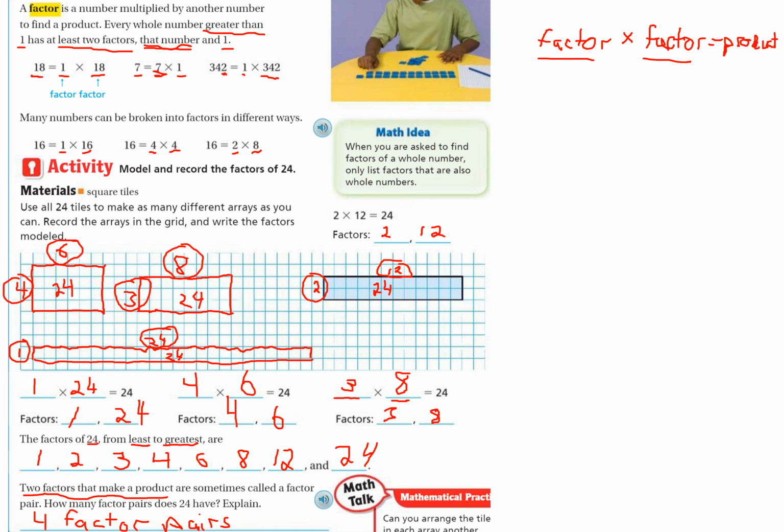Okay. And another way to do this is, since it takes 2 factors to make a factor pair, you can also find out how many factor pairs by adding all the factors together and then just dividing it by 2. So there's 1, 2, 3, 4, 5, 6, 7, 8 factors for 24. So 8 divided by 2 is 4. So there's 4 factor pairs. So 4, another way to explain it, 4 multiplication